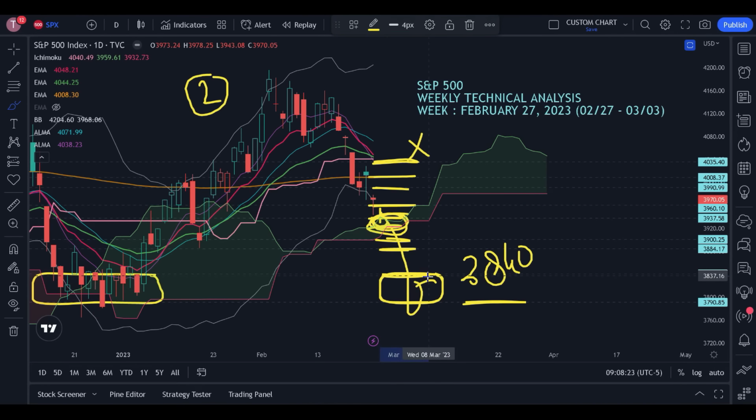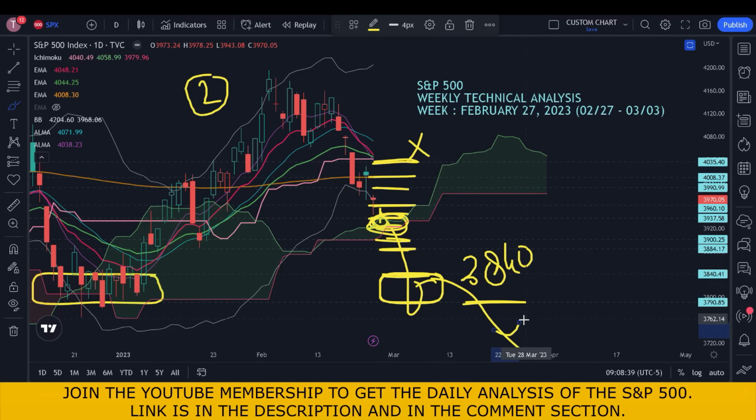Okay, it has to respect the 3840 zone, at least for 1, 2, or 3 days. It has to be there around or in the zone of 3840 before it can resume its journey towards 3500 or 3000. Okay, so as of now,